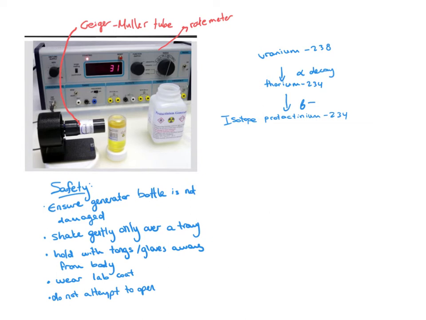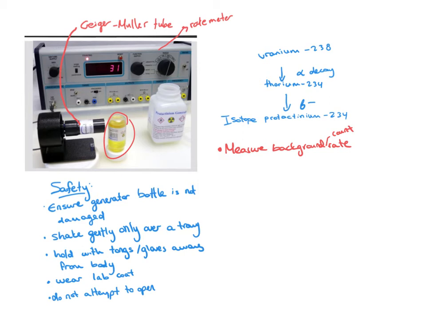Now the first thing that we do in the experiment is measure the background count rate, without the source present. So we need to remove the source from here, away, so that we can get an accurate measurement of the